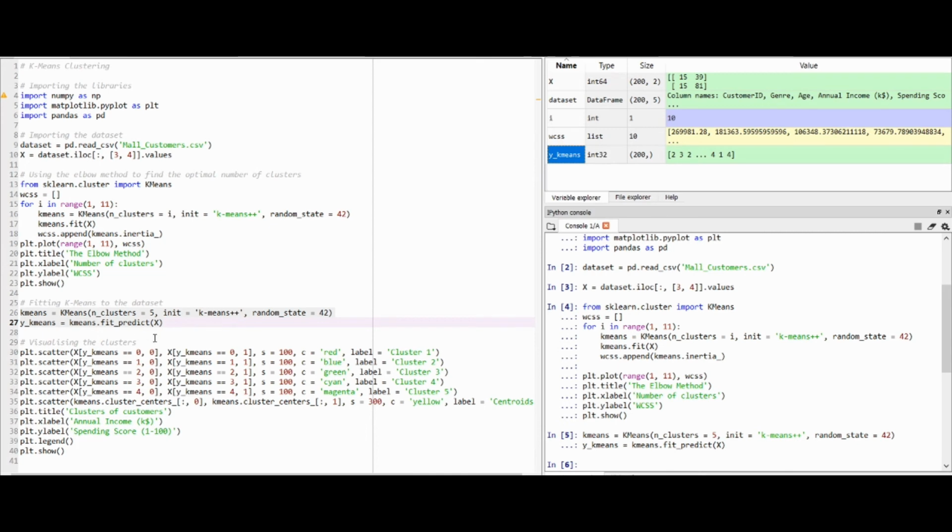Now after that, we have to visualize what we have predicted in this model.